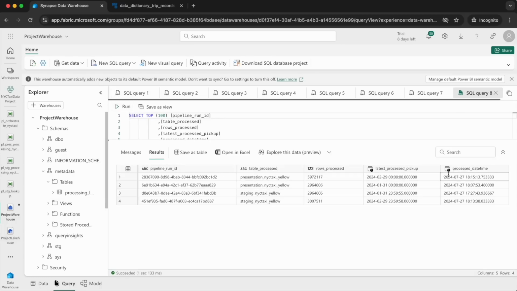And now, as you can see, when I order this by process date time, this was the first run where, as expected, we processed the same number of records in both. However, in the second run, we processed the data for February, and it was about 3 million records. So this number here,